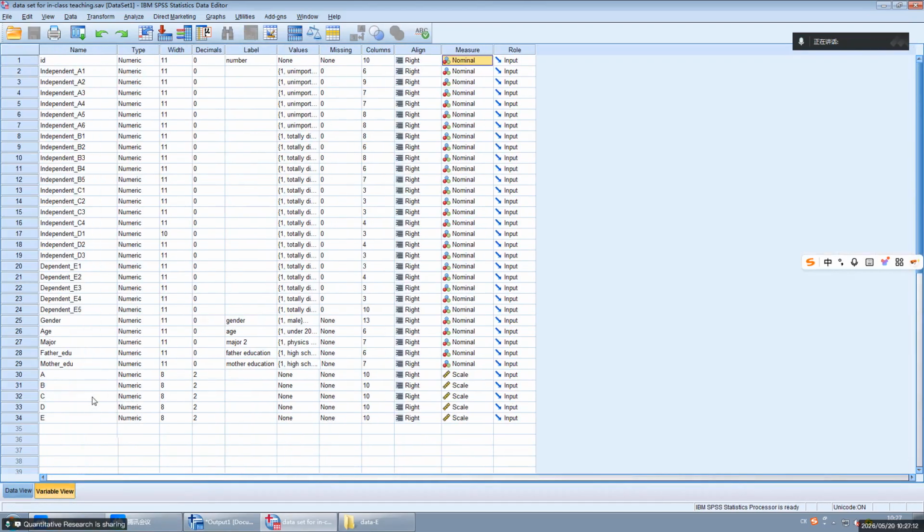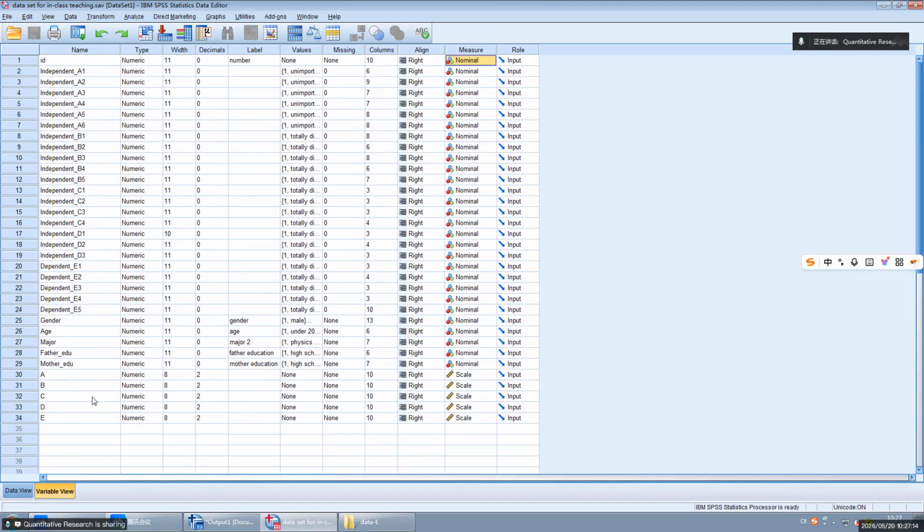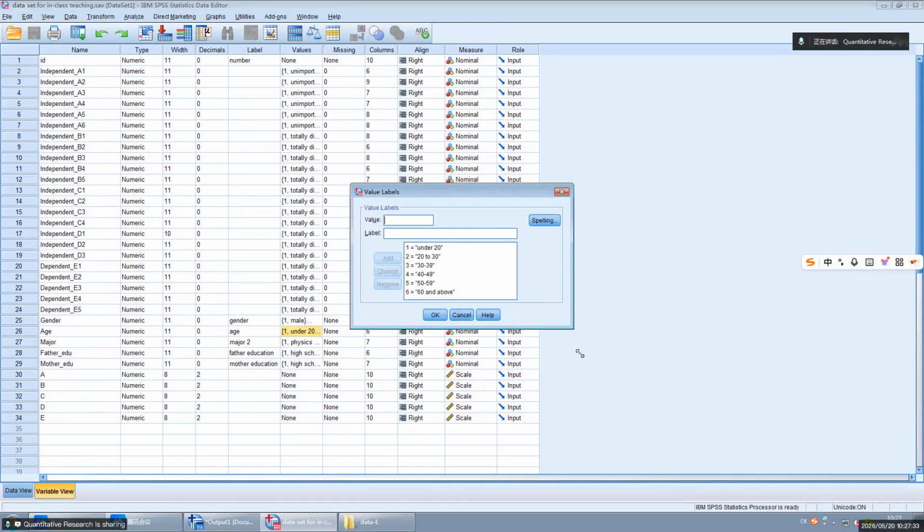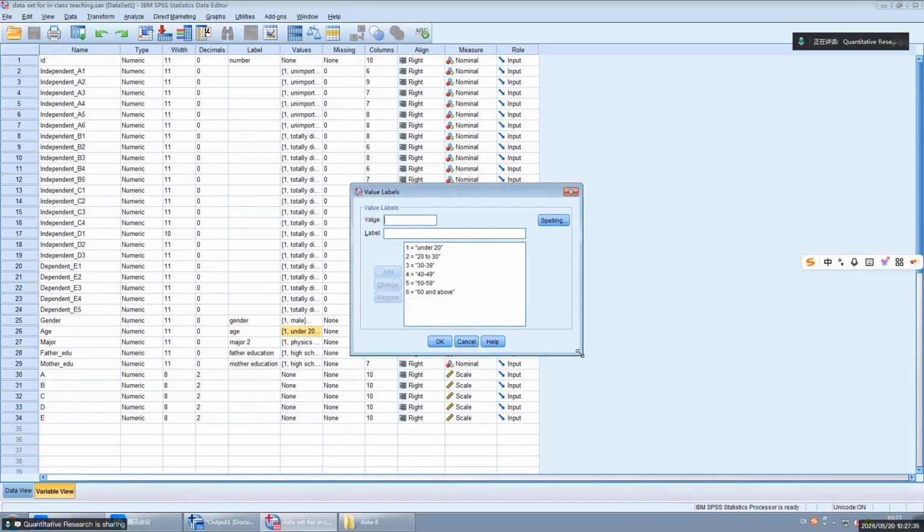Can you tell me which is nominal scale in this data? Besides gender. Age. Of course, age is represented by different groups, but the different groups representing different levels, right? Yeah.